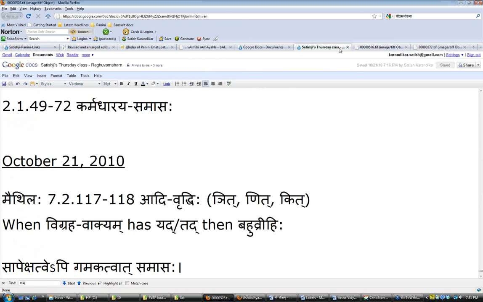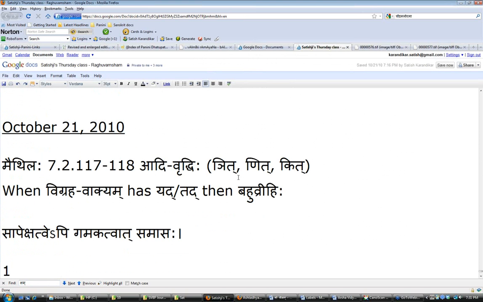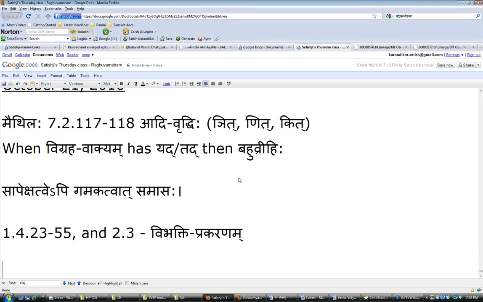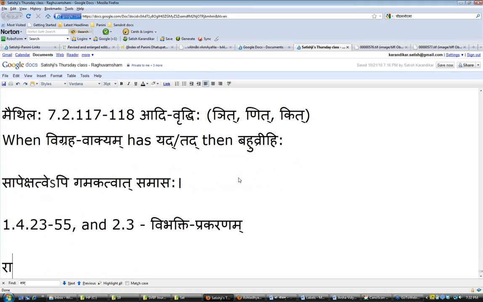So okay, let us put that. 1.4.32. 1.4.23 to 55, and 2.3. So this is where the vibhakti prakaranam is. Very worthwhile. And as you play with it, as you get more experience, you can get more. So anyway, in this case, for Raghavaya, we used